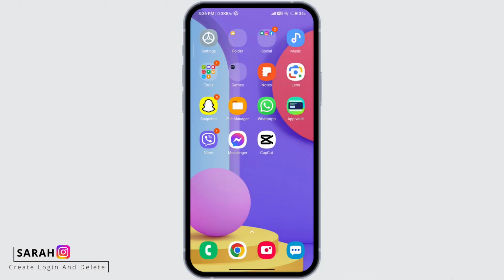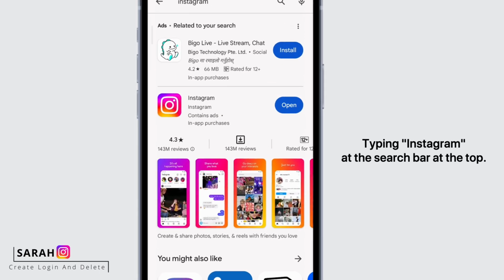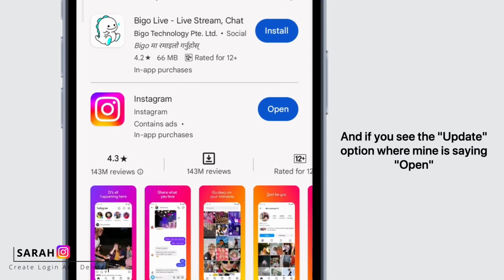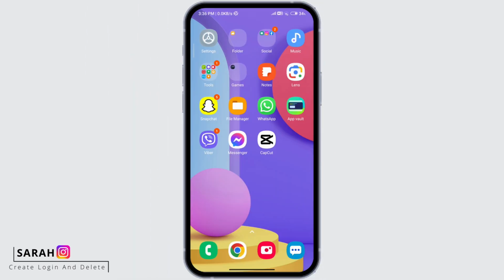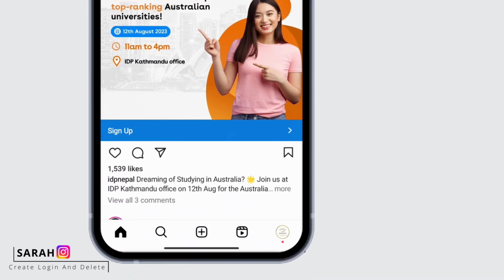Let's get started. First thing you need to do is make sure that your app is updated to the latest version, and you can do this by going to your Play Store, typing Instagram at the search bar at the top, and if you see the update option where mine is saying open, click on update and it will update to the latest version. Once it's updated, open your Instagram, click on the plus sign at the bottom and select